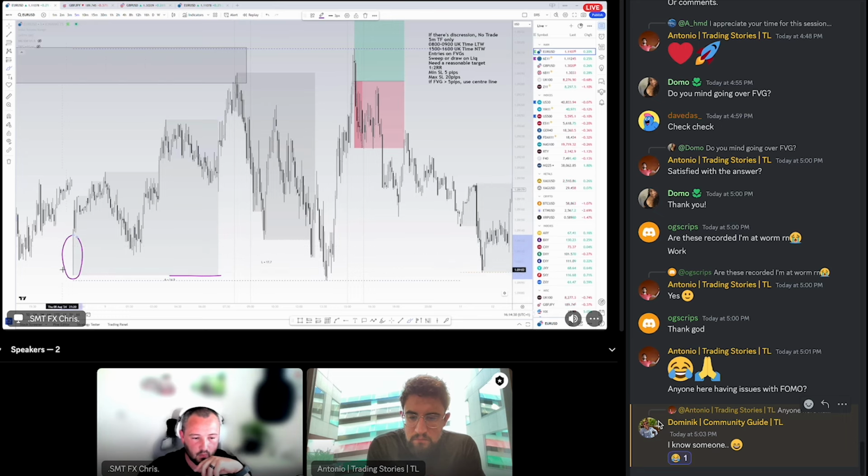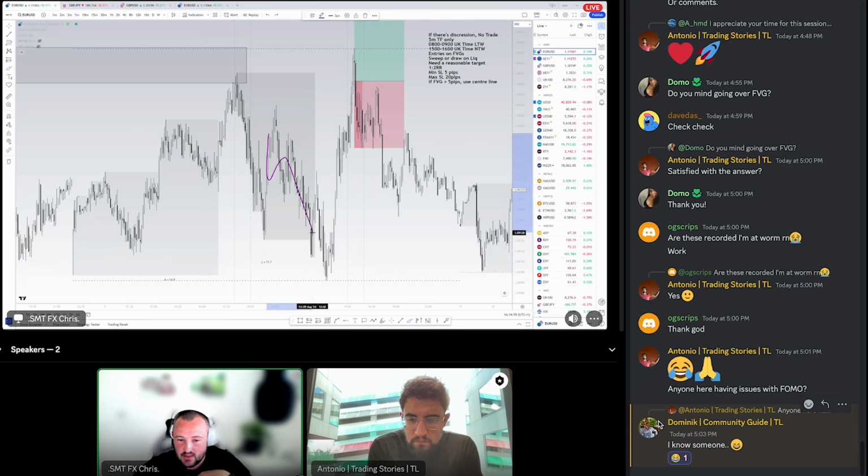So when we have a session low or high that is caused by the opening candle, I tend to take it with a pinch of salt, and I tend to look more at the high or low that's inside the session. Either way, we have taken this trade during the New York open. We've seen a sweep of liquidity, liquidity being taken at that point. Price was obviously bearish as it did that.